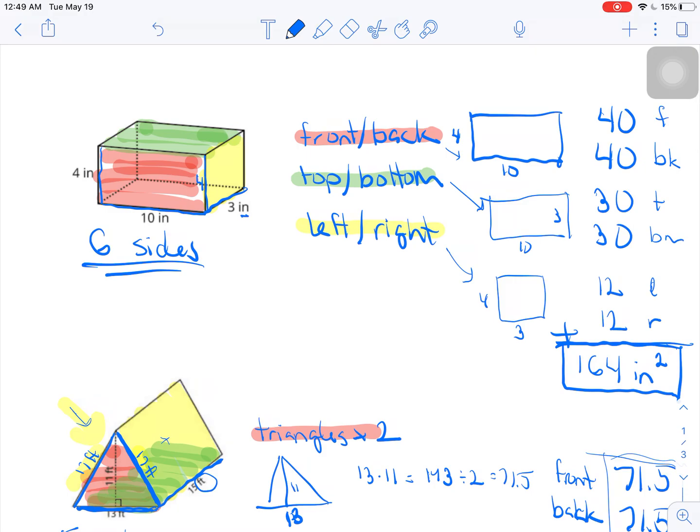So a triangular prism, you should be adding up 5 different sides. And a rectangular prism, you should be adding up 6 different sides. So you are going to work on an assignment today that is going to let you